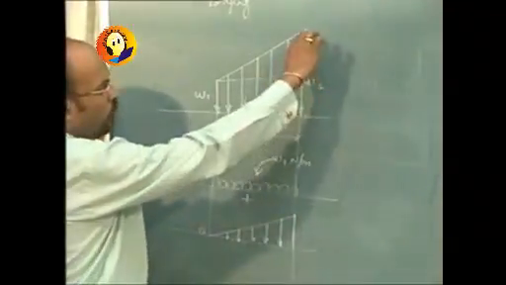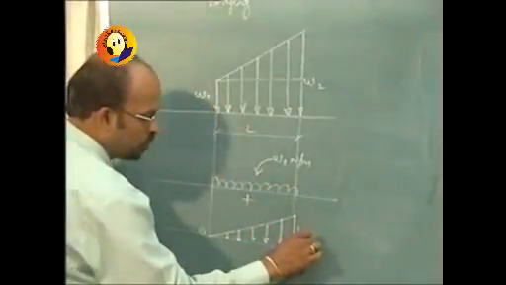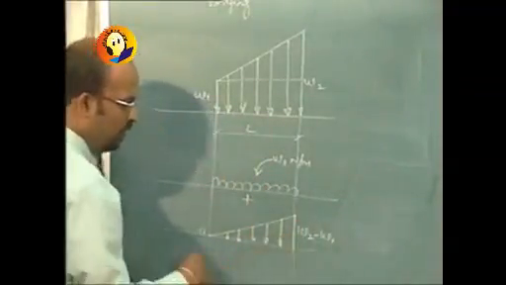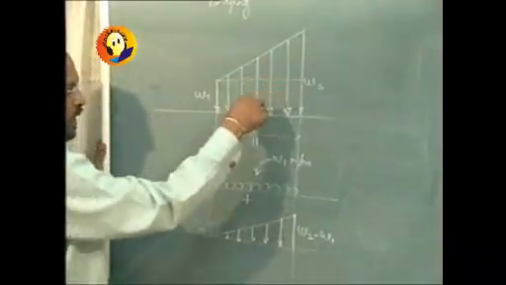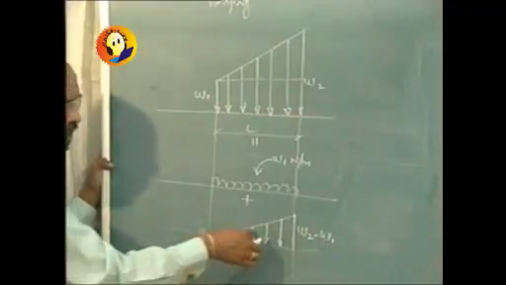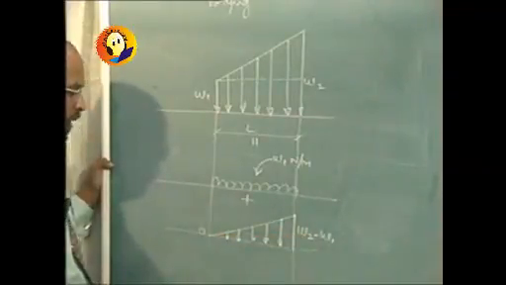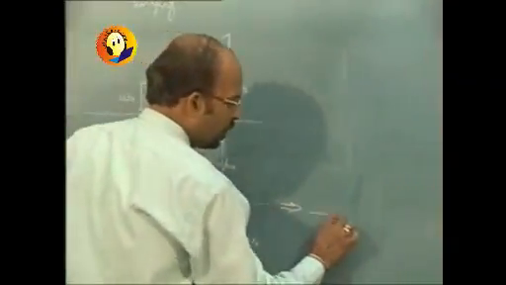So I am going to calculate this height, which will be obviously W2 minus W1. So this loading is equal to UDL of W1 plus UVL of 0 to W2 minus W1, and effectively the corresponding diagram will now be drawn,